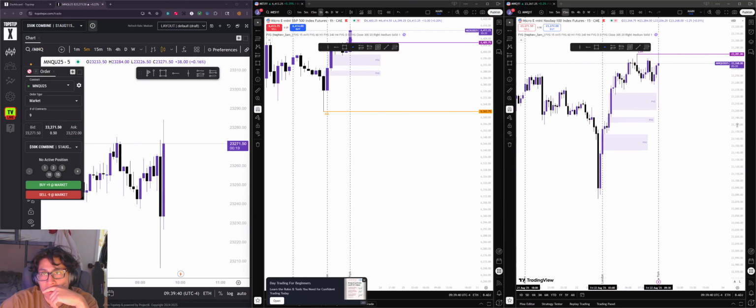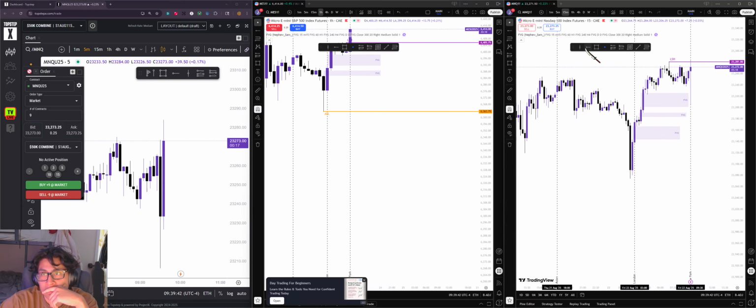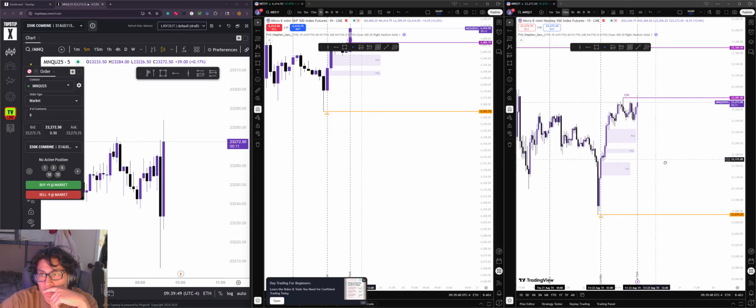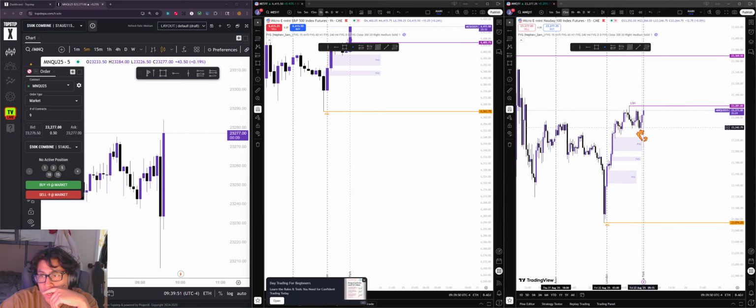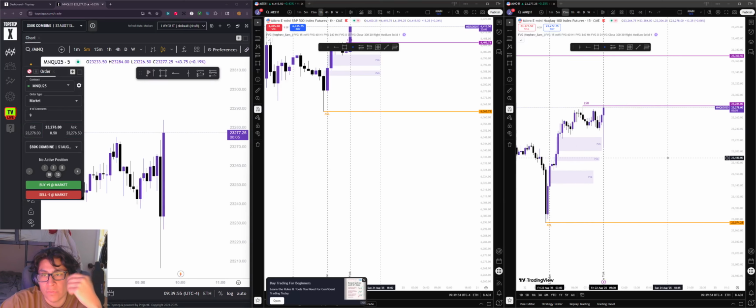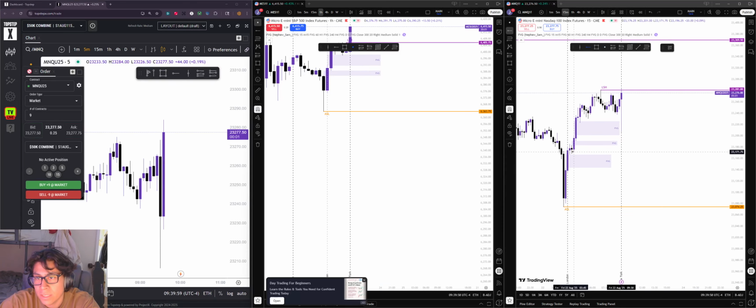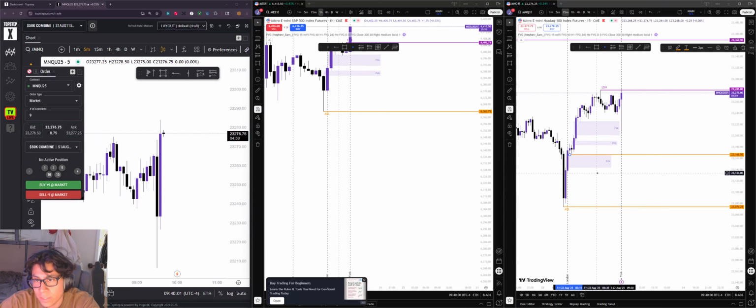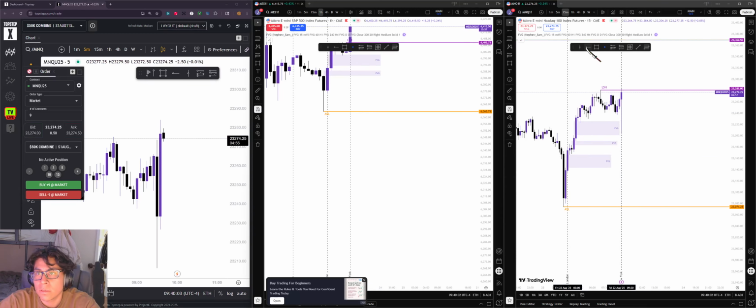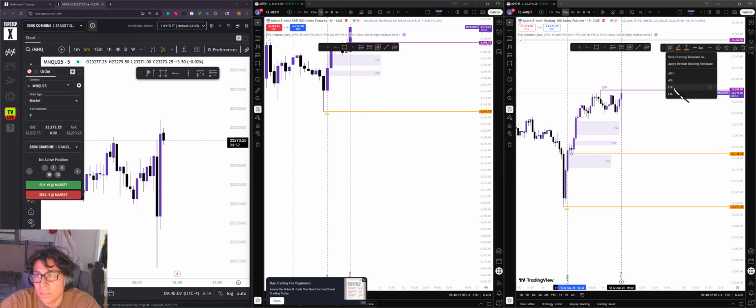Oh, I forgot to mark out MNQ. This is Asian low. And once again, for reference, we have London high up here, London low right here. Got taken out already, so it's irrelevant now. Well, I guess technically London low sits right here actually. If we want to be technical, not there, right here. I guess technically this is London low.